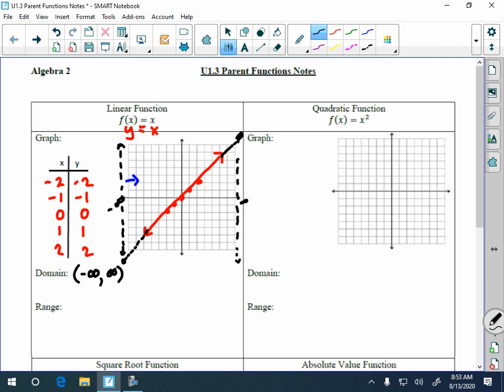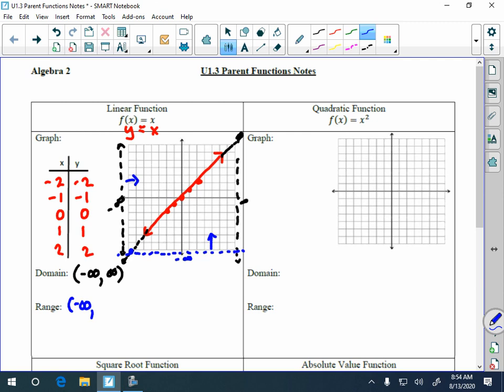Now when we do the range, we look at what horizontal lines are going to intersect our graph. And so we always start at the bottom this time. This is where negative infinity is. And we ask ourselves, will that horizontal line ever intersect our graph? Well, if they do intersect, we can see it. It's about right there. So that means that negative infinity starts off the range,